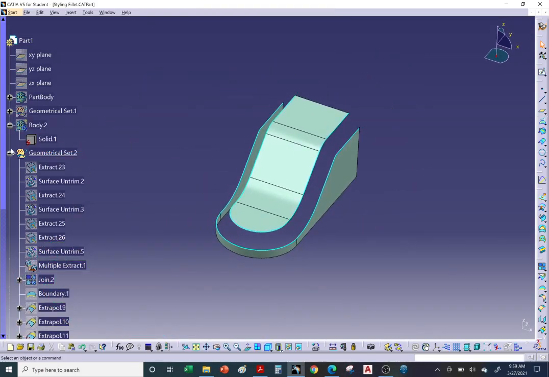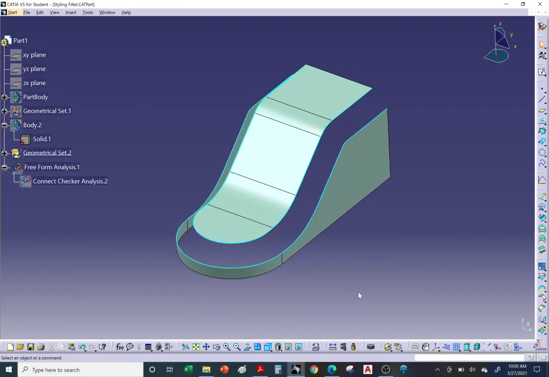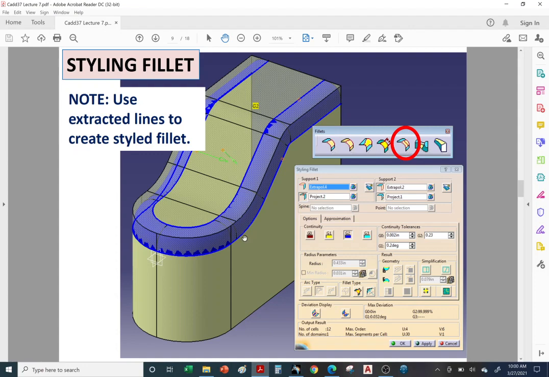All right, so let's go ahead and use the styling command. And there's also other options. We don't have to use the styling, or my mistake, the styling fillet command. Let's go back. Okay, so we can do the styling fillet command. That's one option. So that way it allows us to control the curvature, whether it's tangent continuity, which is G1,